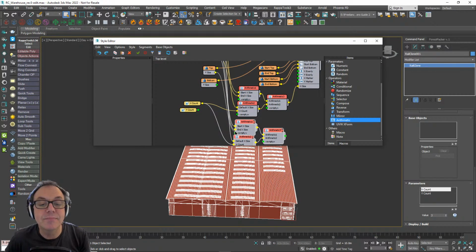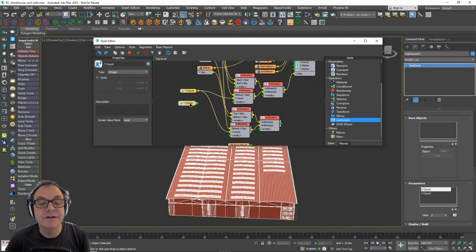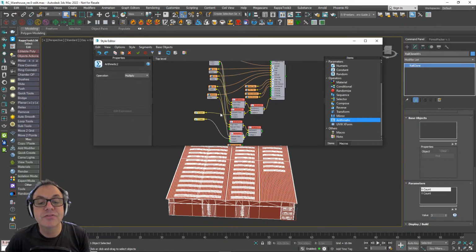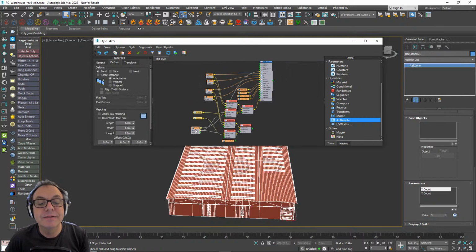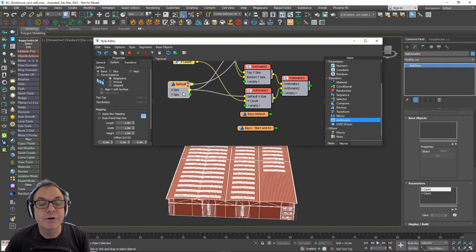I'm going to pipe those into the first one, just add them together. I'm going to change the x count parameter to the y count parameter in that one, and I'm going to find the default segment, which is up here somewhere, and this time I want to multiply that by the size of it on the y axis. So I'll just take that and put it into there instead.